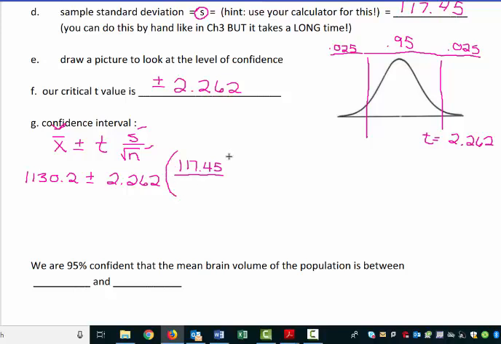This is also where you probably need to use a bigger decimal for MyLabs. Okay, square root of, and this is n, it's not degrees of freedom here, so this is 10, so be careful right there. People get n and degrees of freedom really mixed up a lot. Okay, so this is 1130.2 plus or minus, when I cranked all that out, I got